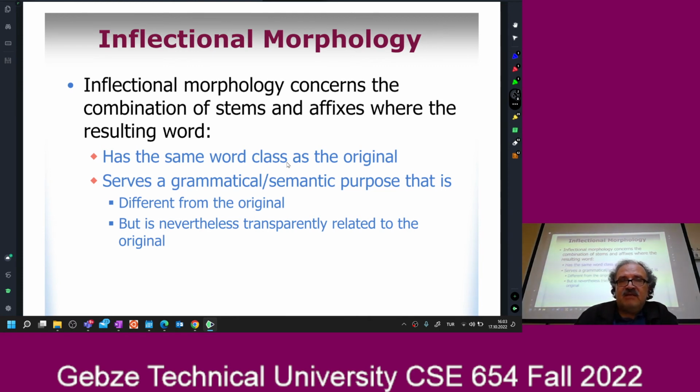When you say kitabı okudum, kitapları okudum, kitaplarımı okudum, okay? It serves a syntactic, grammatical purpose, also a semantic purpose too. When you say kitaplarımı okudum, you immediately know that those are my books, okay? And for the grammatical case,